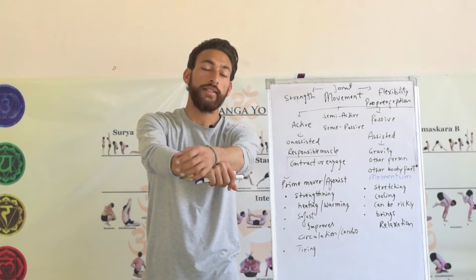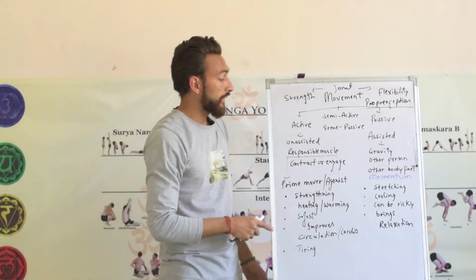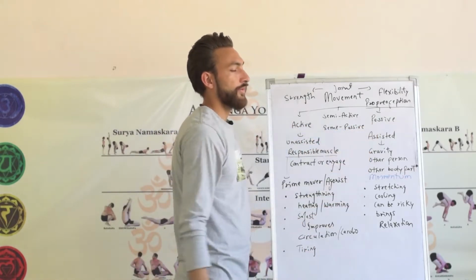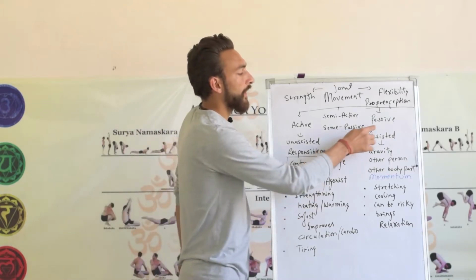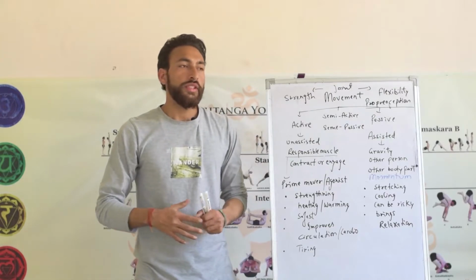So if I raise my hand like this, and I touch this part here when it is supported, you can do it with a partner, you'll notice that this hand completely goes relaxed because the movement has become passive. Now what is passive movement in general? Passive movement is the movement which is assisted, meaning you will be using something to help you.